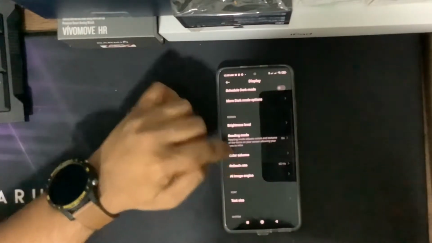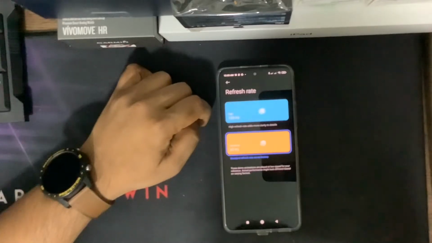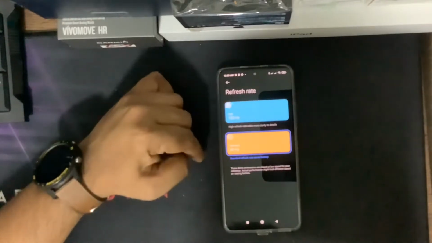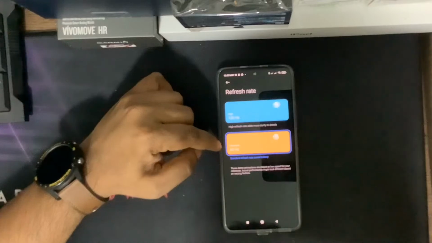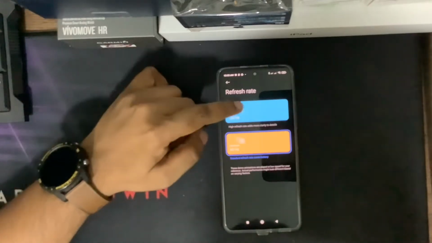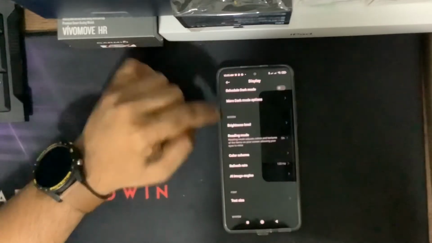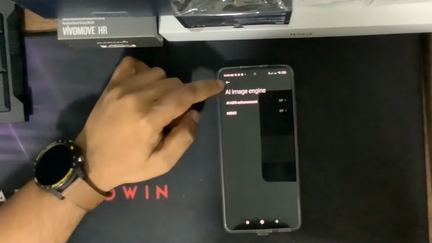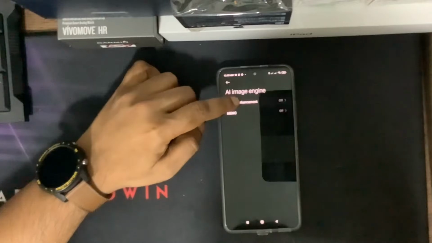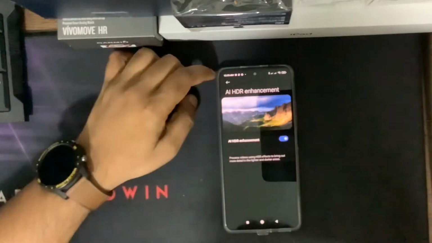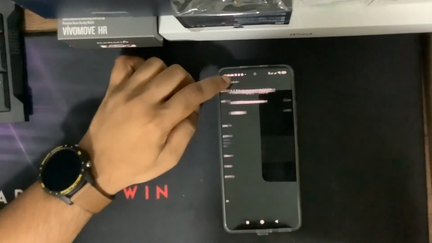Refresh rate. In the preset it comes with 60 Hz. So if you want to go to 120 Hz, you have to select it manually. So I've gone for 120 Hz. All HDR enhancement. I want my images to be enhanced. This off.